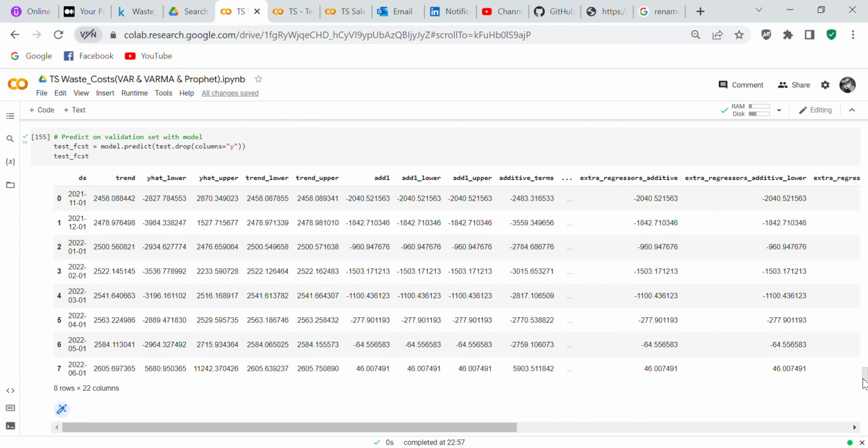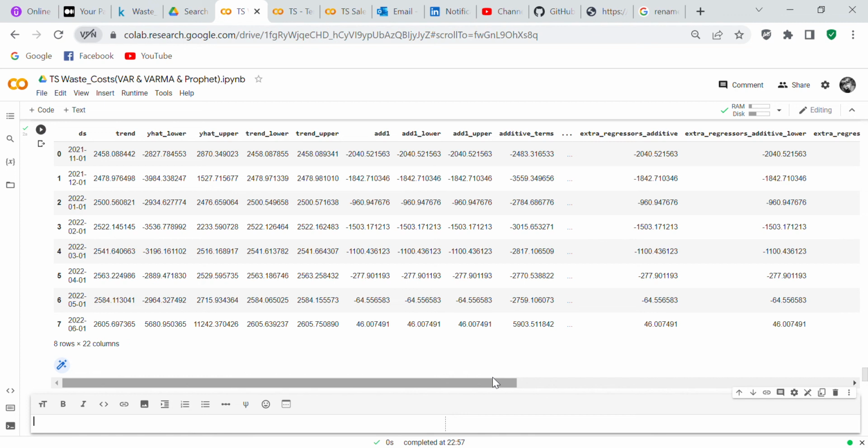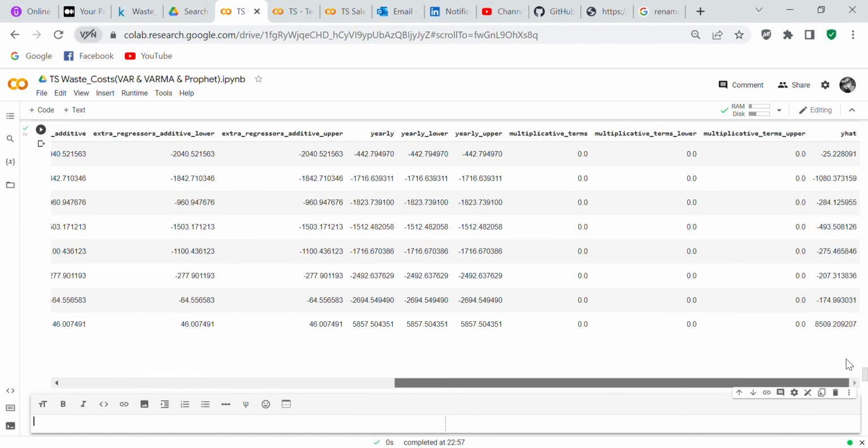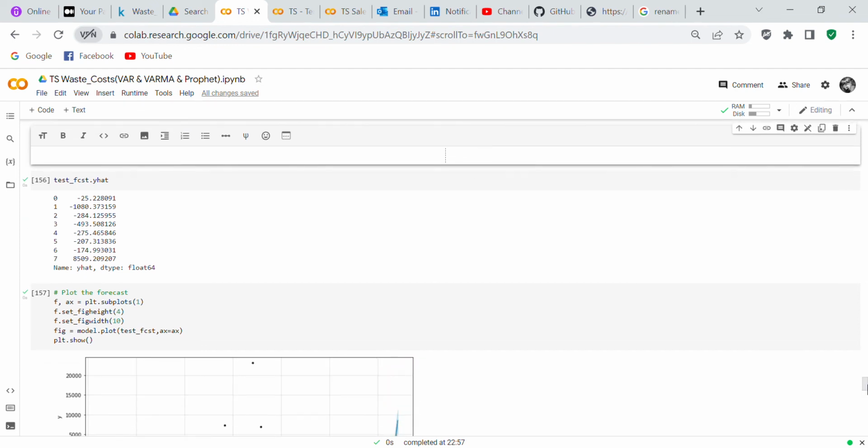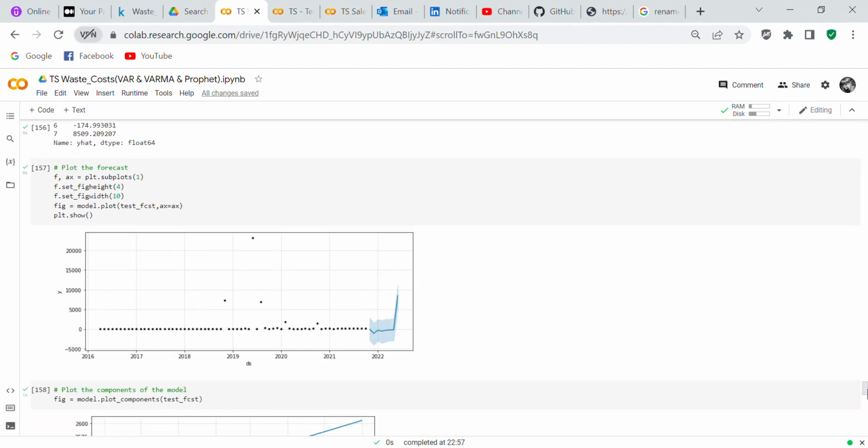So now what we do is we make predictions, and the column equals Y, so you come over here and we're looking for Y hat. And so at the very end you have Y hat. And so this is your test forecast for Y hat, and it's negative values, which it shouldn't be, because weight can't be negative and money can't be negative either, or not in this instance anyway. So we plot the forecast,